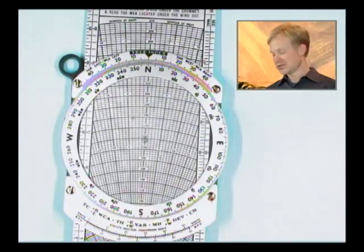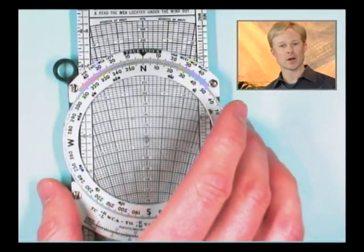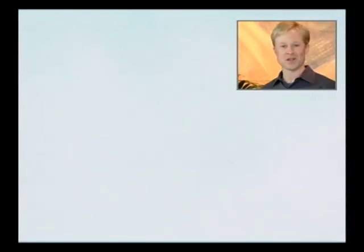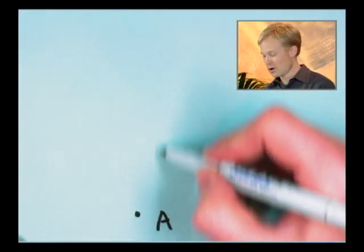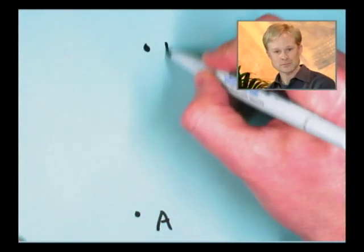you can actually make a pretty good quick estimate of where you should point your plane to make up for the wind. So what's happening, if you want to look at a picture on paper, is let's say hypothetically that you would like to fly from point A to point B. And let's say point A is down here south, and you're simply going to go perfectly up north to point